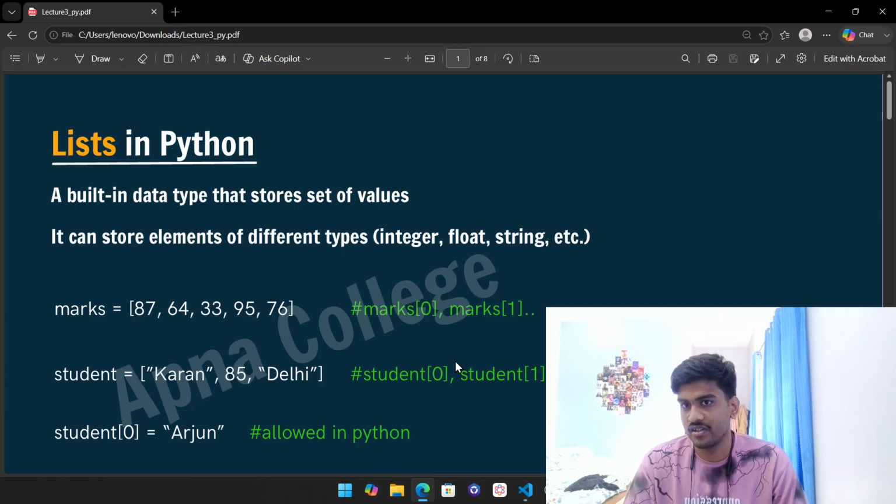So what are lists in Python? A list is a built-in data type that stores a set of values. Those values can be a string, a float, or an integer, right? It can also store elements of different types, as I said: integer, float, string, etc. For example, there is a marks variable over here,